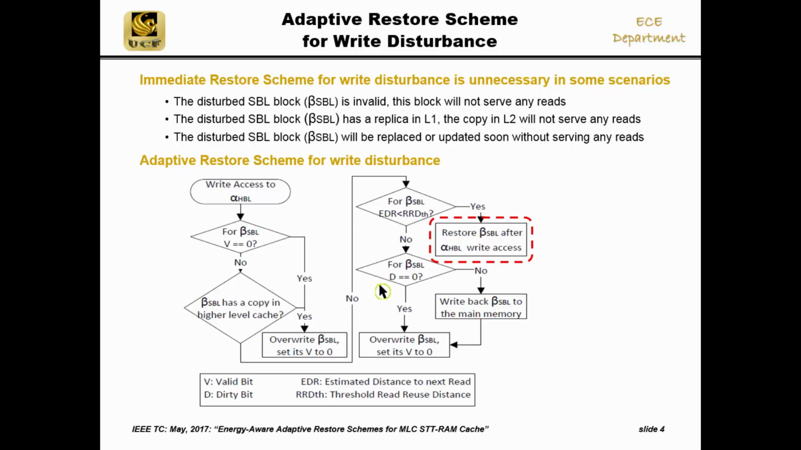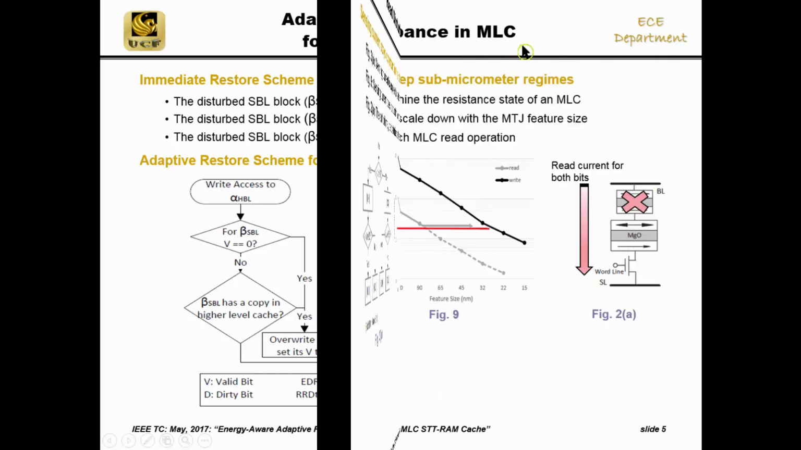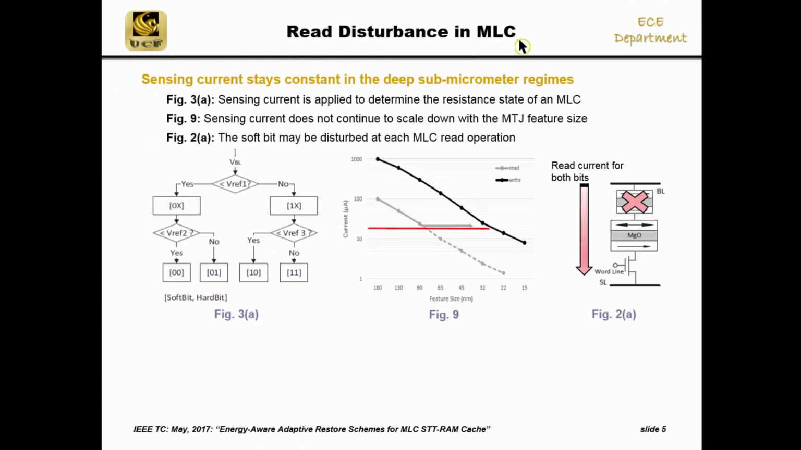This is done only when necessary. In the paper, we identify those conditions. On the other hand, if it will not be read, we can leave that block unchanged to avoid the corresponding restoration energy demand. To deal with the read disturbance in MLC, let's take a look at the underlying read sensing